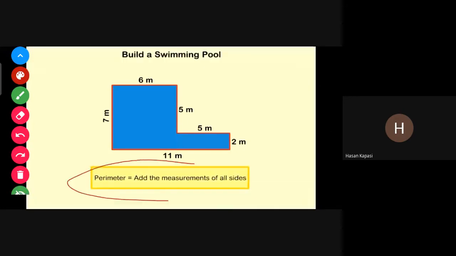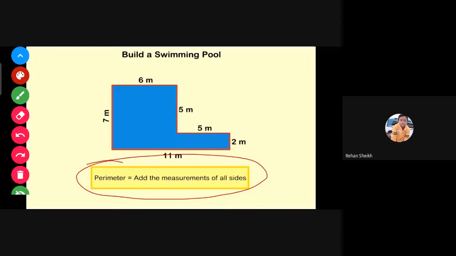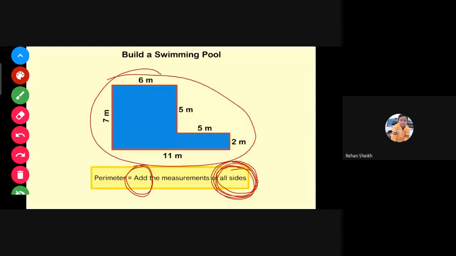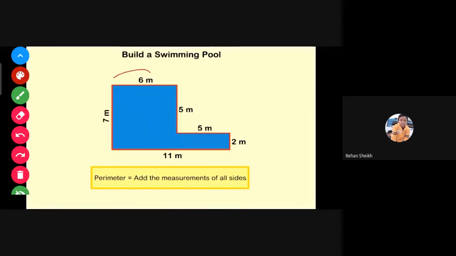Now who will read this? Sheikh Rehan, or who are present? I don't remember. Those who are present, who will read? Ma'am, can I say Rehan? Yes, Rehan, read. And this you read like is equals to. Perimeter is equal to that way. Perimeter is equal to the measurement of all sides. So perimeter equals to add the measurement of all sides. Means we have to add. So Rehan, what will we add? Here it is written that we have to add all sides. So whatever sides there are in this, we have to add them. So how will we add in this?